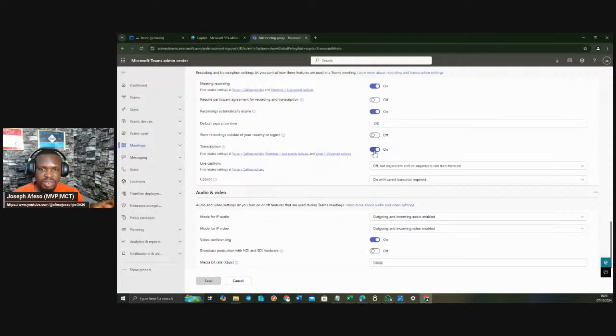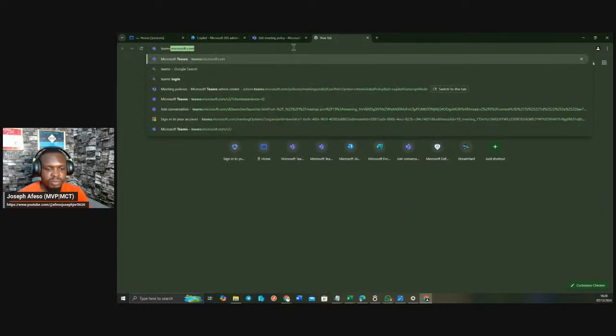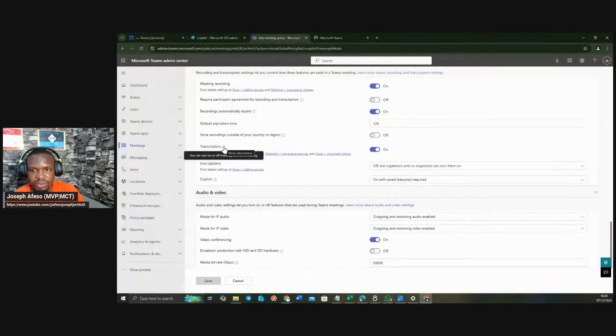But I must mention here that even if the transcription is turned on and then the users do not record their meetings, they will still not have the AI generated notes. So I'm just going to do teams.microsoft.com quickly, and then if I do that, I'll come back to this button to be on for the AI generated notes to work